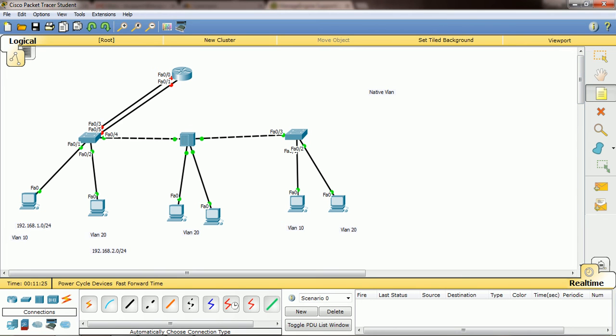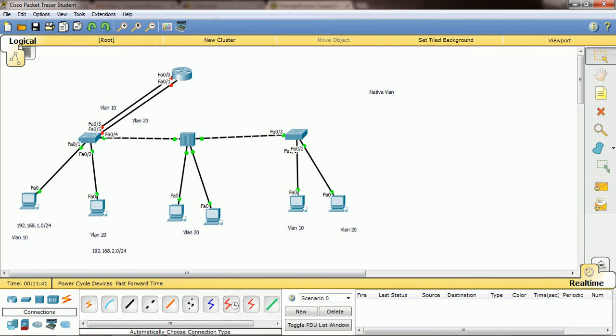I can label it, then you can easily come to know. So this side is VLAN 10 and this side is VLAN 20, right?